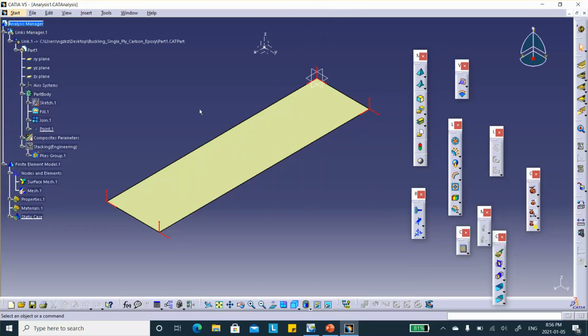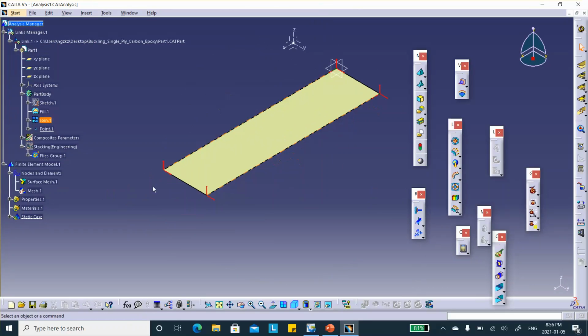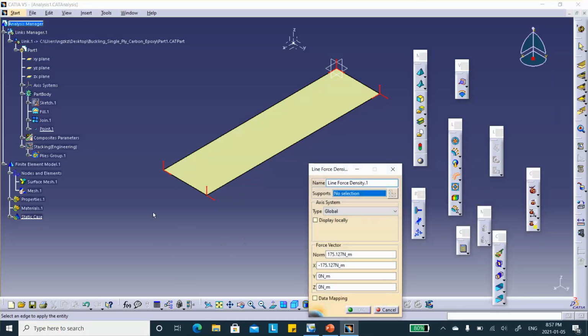Now, the way you do buckling in CATIA is first you have to do a static analysis. In other words, first I'm going to apply a load here in the negative direction. Of course, the load on the edge must be pound force per inch, for example. So we're going to be using line force density. So on that edge, I'm going to put -1 LBF_IN,